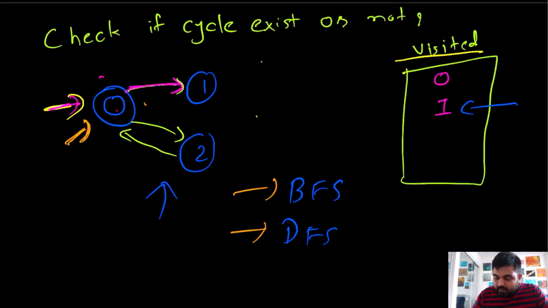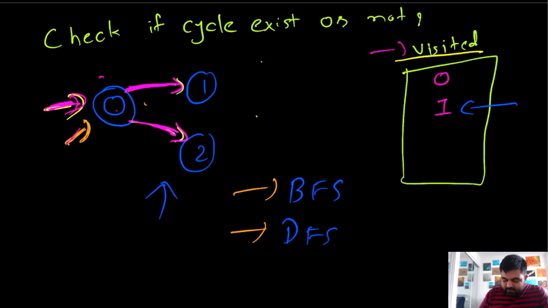So again, this would be a new entry in the visited hash set. Again we come back at the 0, and at this 0 we check that we have already explored one of the neighbors of the 0, but we still have to explore another neighbor. So again we repeat the same process. From the 0 we explore another neighbor of 0, we come back at 2, and immediately we get rid of